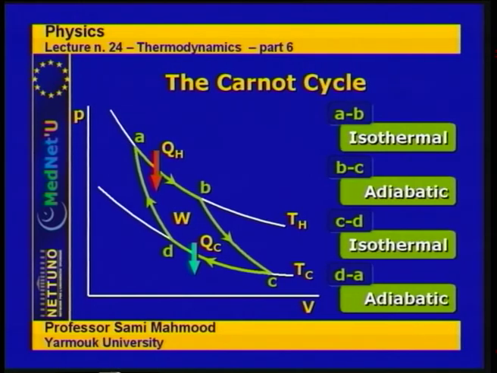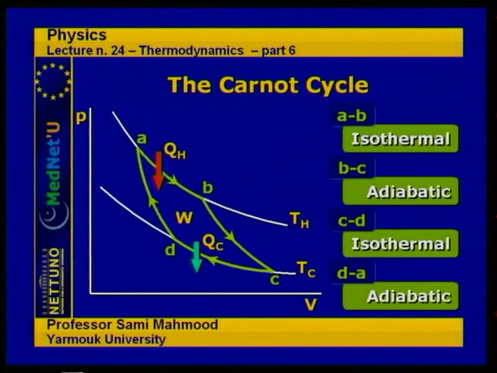So it takes the system back to its initial state at A, where it gets back its initial state parameters. So it goes back to the initial volume, V sub A, and at the initial temperature, which is T sub H, that it started at, and at the initial pressure. So this is a full cycle which is characteristic of the Carnot cycle: isothermal, adiabatic, isothermal, and adiabatic,